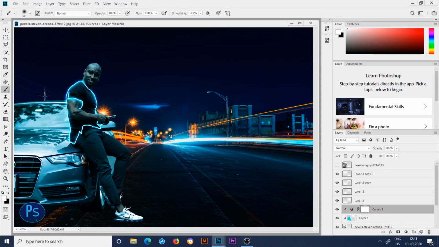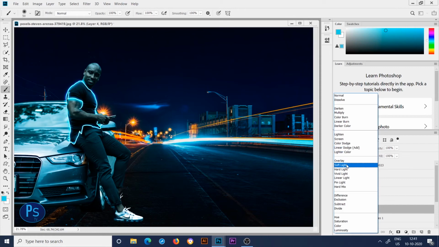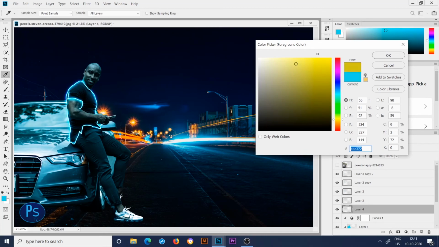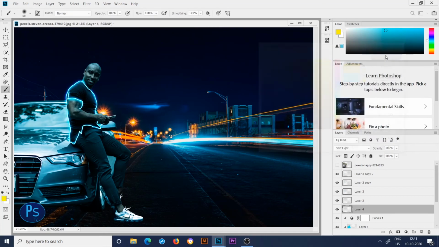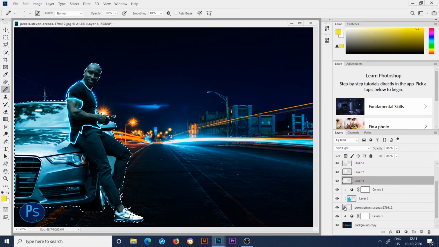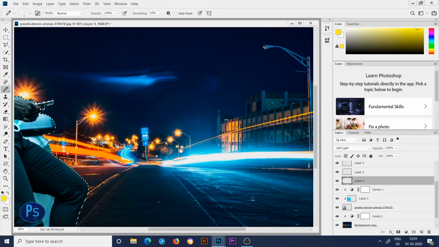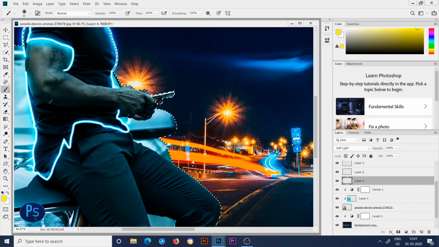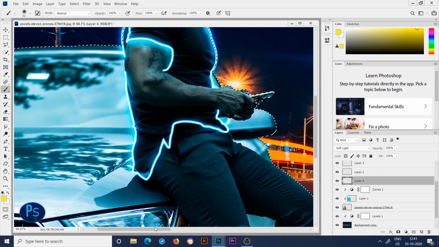Then create a new layer above Curves, change the blend mode to Soft Light, then select a light yellow color, then click OK or Enter, and then select the brush, and holding the Control key, select the subject, then Control plus to zoom your screen, and select the brush tool, shortcut B,